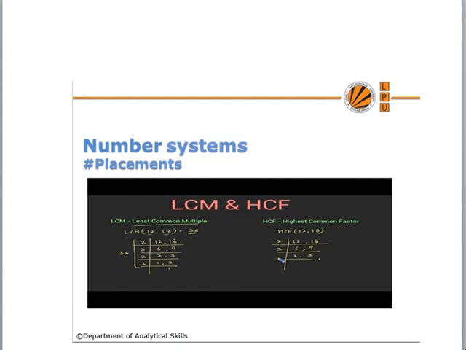After that, I'll tell you the different types they ask, and modifications can be made in the placement exams. But if you are doing these questions as a base, you are going to solve all the questions from LCM and HCF. Again, the weightage from the number system total is 9 to 12 questions asked in companies. LCM HCF is 3 to 4 questions maximum, and minimum it is 1 to 2.